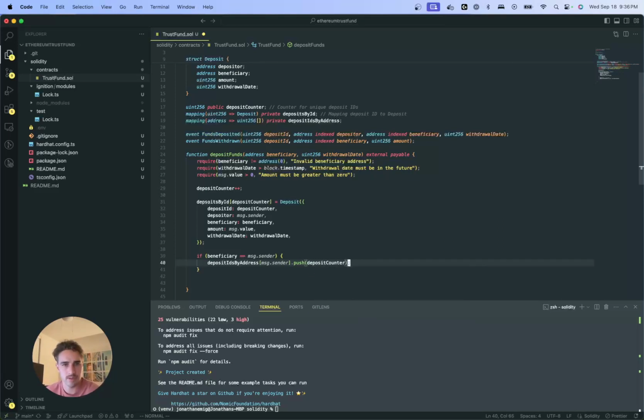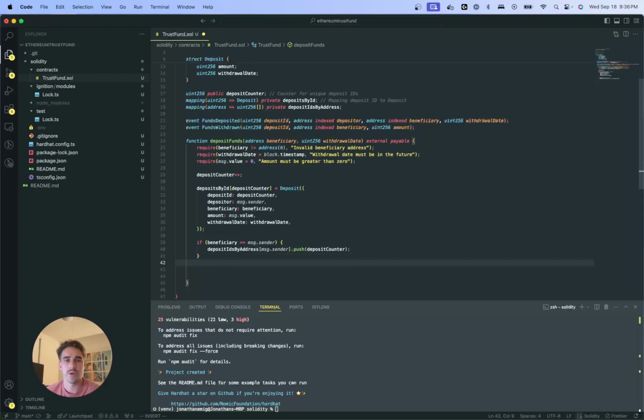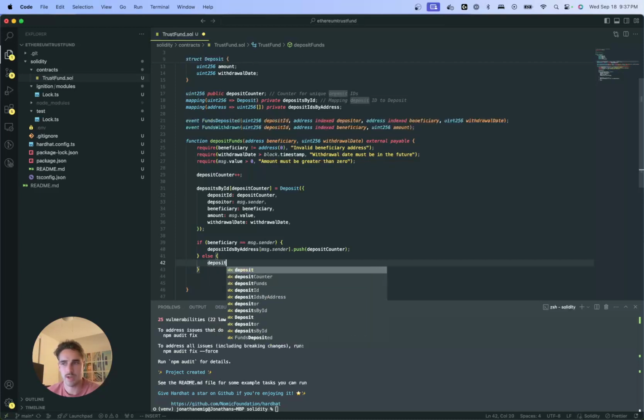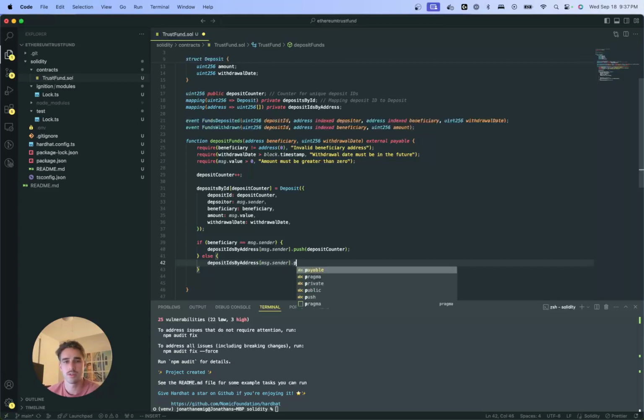So if the beneficiary is the same as the message.sender, we only want to update this once, else we do need to keep track of it in two places. So deposit IDs by address, sender, yes, and then we're gonna push,